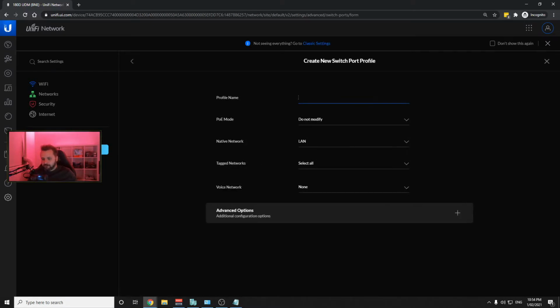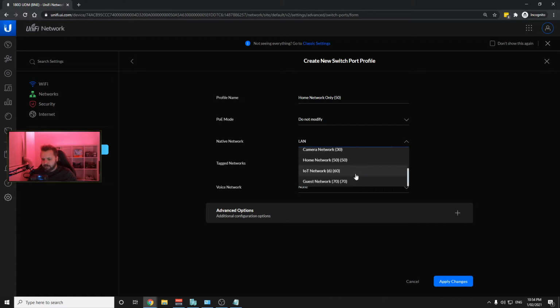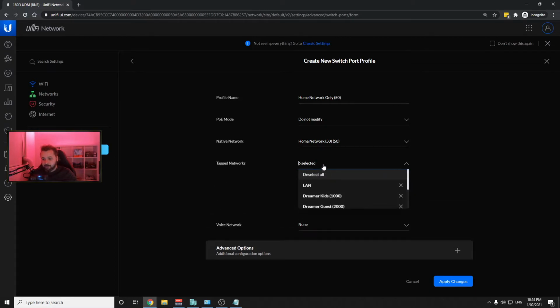You add a new port profile, and we'll call this home network only, and we'll put in brackets again 50. And this is where we'll select the native network to be home network 50. And we'll select the tag network, so that's if you want to. So what tag network does is